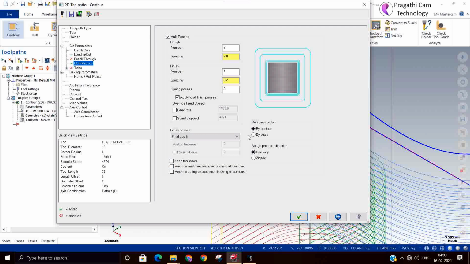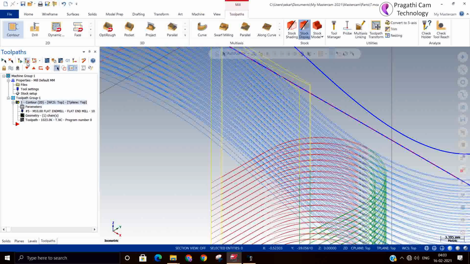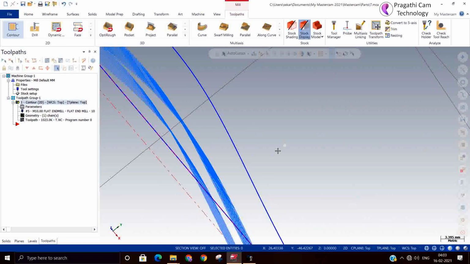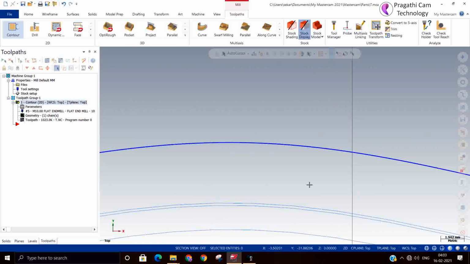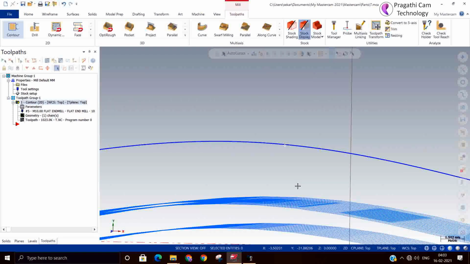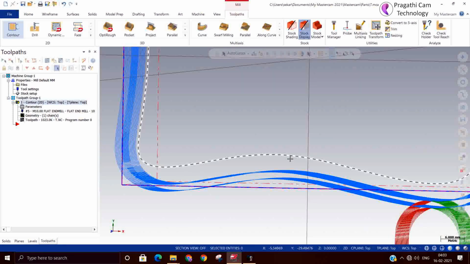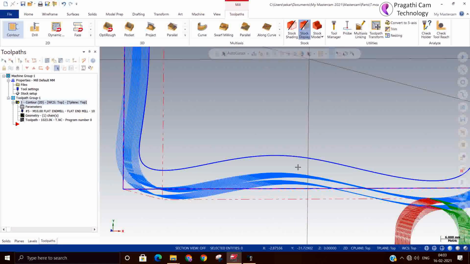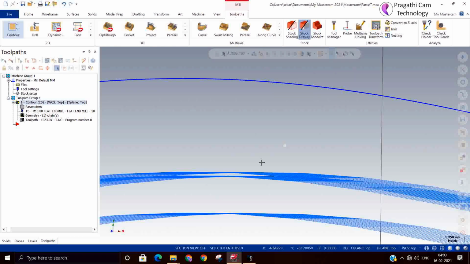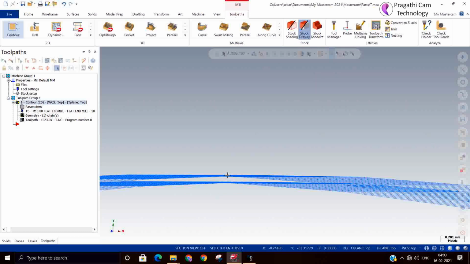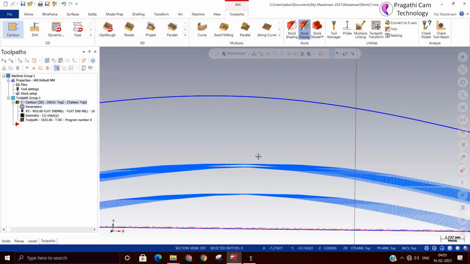The finish pass we have given by contour at the final pass. So if you give it in all depth, it will make it in all depths. It's a little difficult to identify. There is a 0.1 gap. You can see, this is the finish pass.